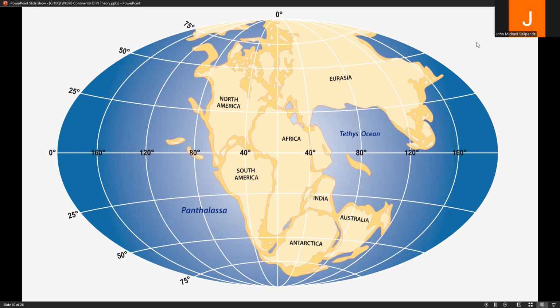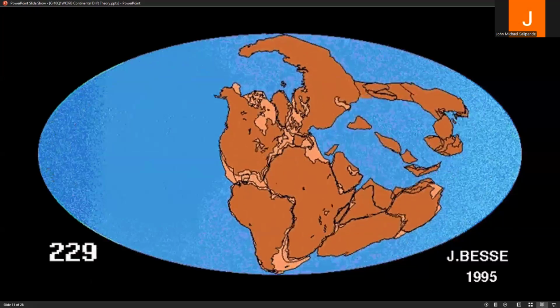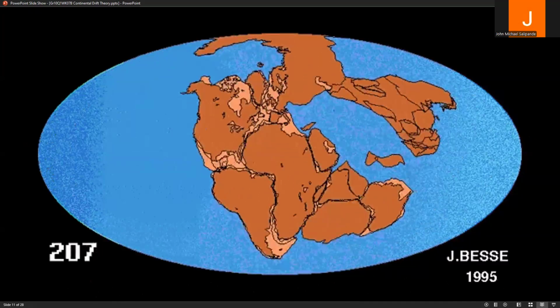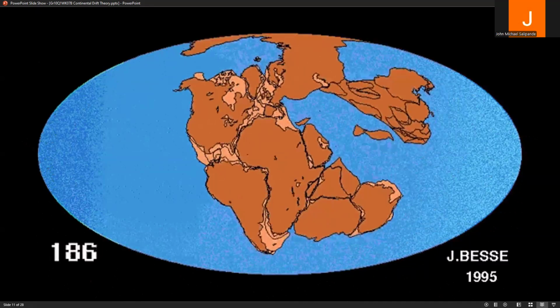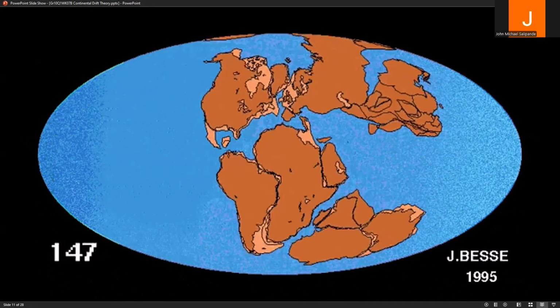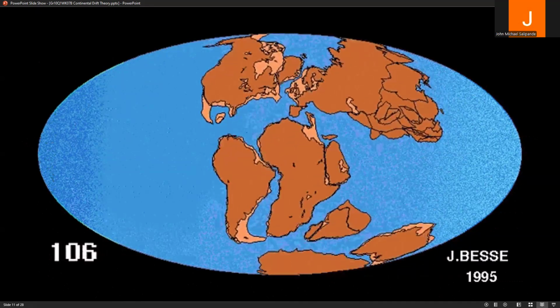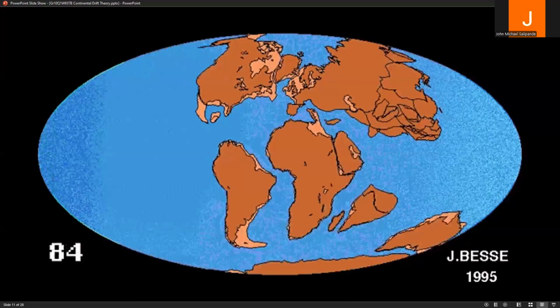No? Now, this is how Pangea separated. This is the evolution of Pangea until the current times, no? So as you can see, they started as one supercontinent, and then what's interesting about this GIF is that those